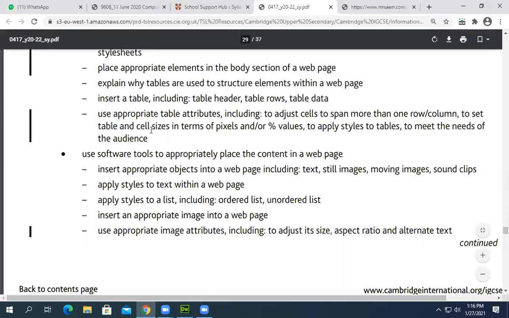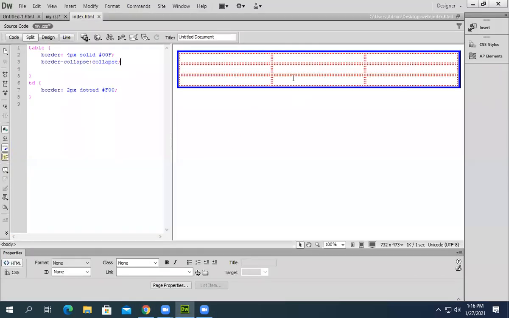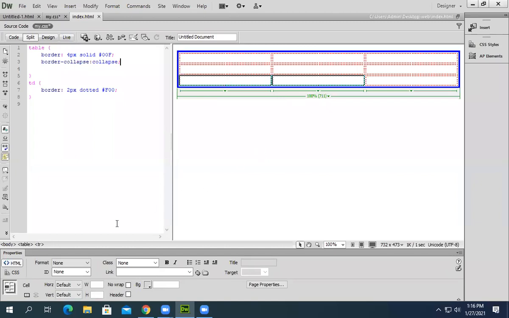Use appropriate table attributes, including adjusting cells to span more than one cell in a column to set tables. Spanning basically means that if I select this and merge it, this particular row is now spanning into two columns. And if you look at the coding of this,